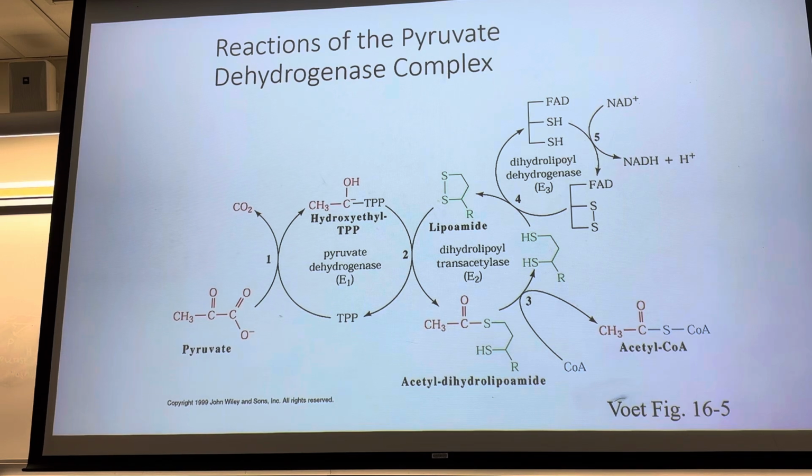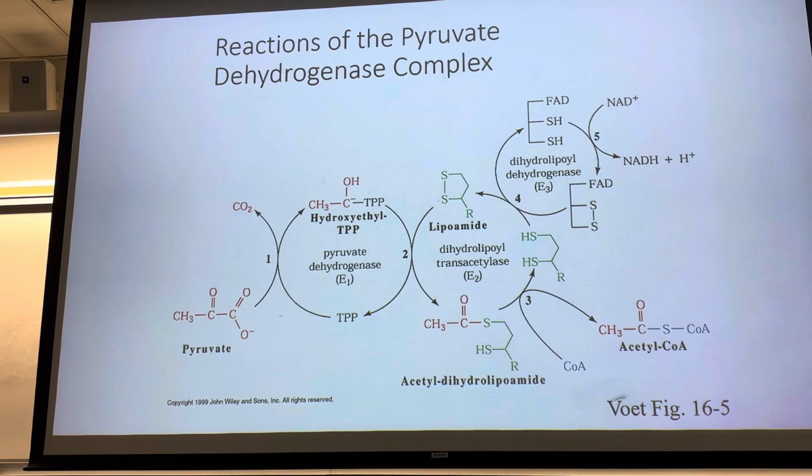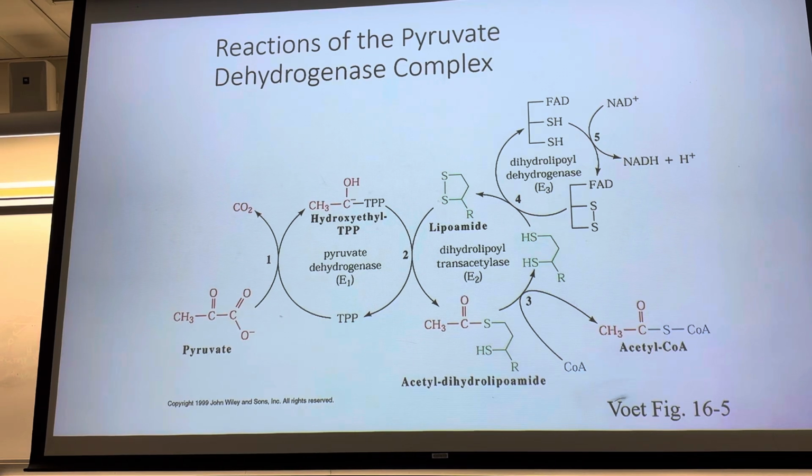Some of them are monomers, some of them are dimers. They tend to be globular proteins that work together. When we get into the pyruvate dehydrogenase complex, we're going to see a much more complicated tertiary and particularly quaternary structure of an enzyme. And while it's a single enzyme complex, it's actually made up of three different